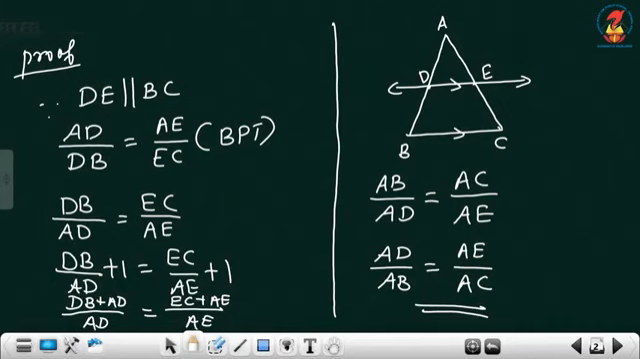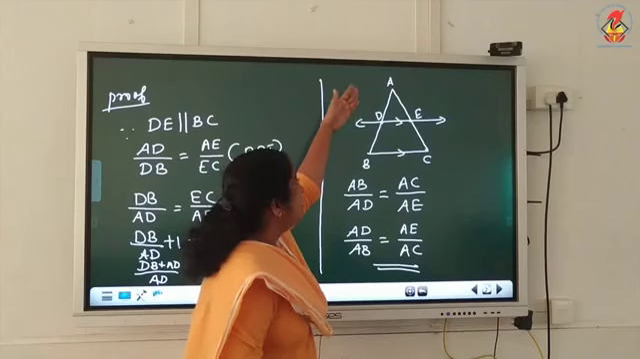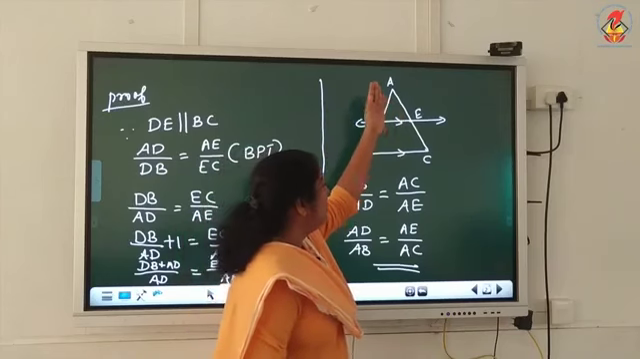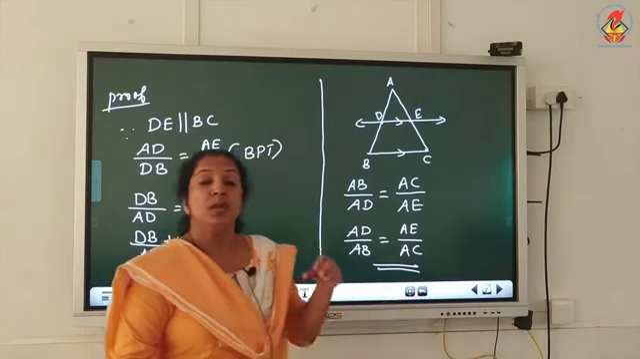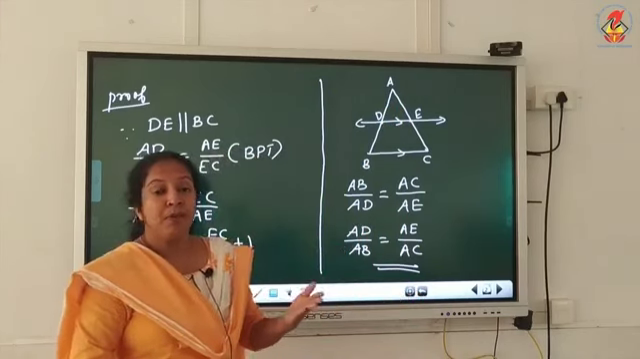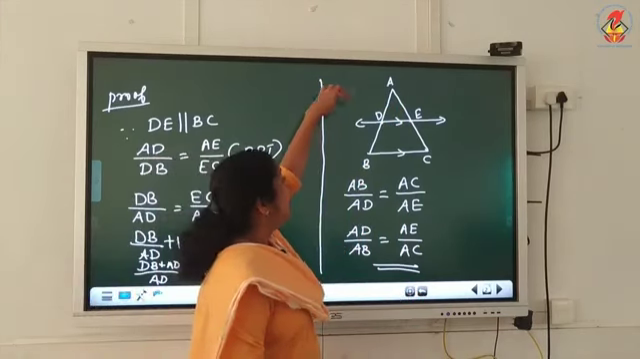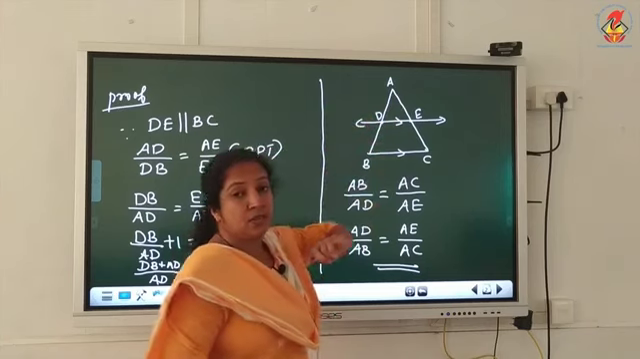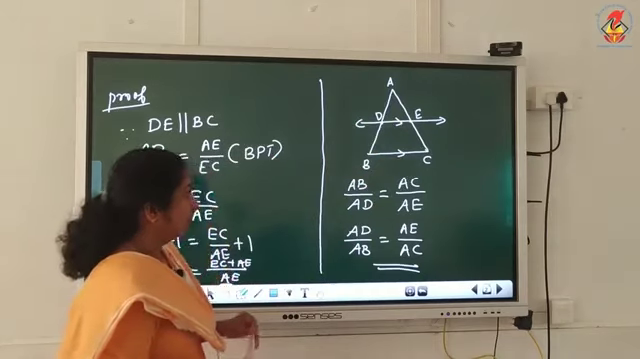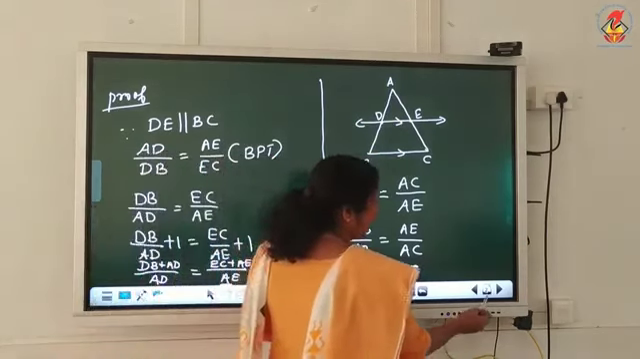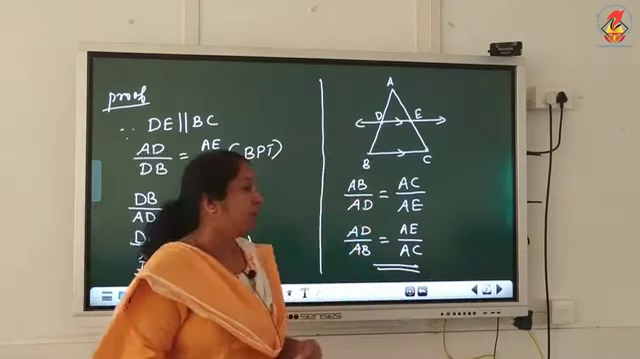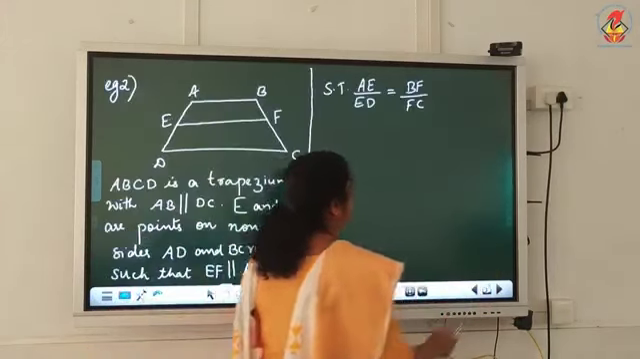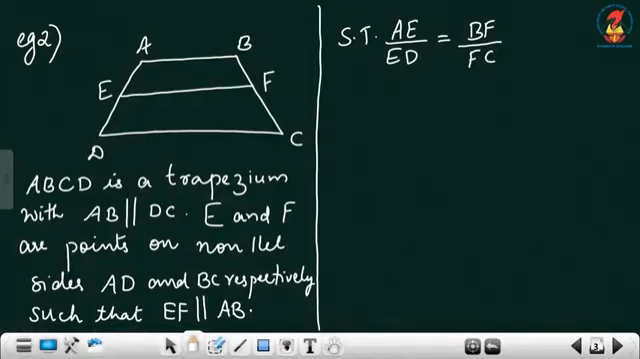Actually, we are taking this as a result to do the problems. The relation is AD by AB is equal to AE by AC. So, instead of using BPT, we are using this result, AD by AB is equal to AE by AC, to do the problems. Example 2. The question is,